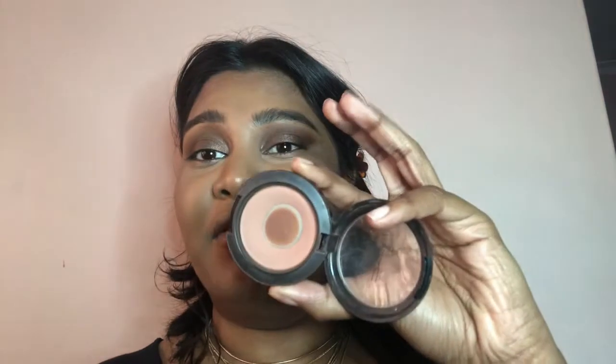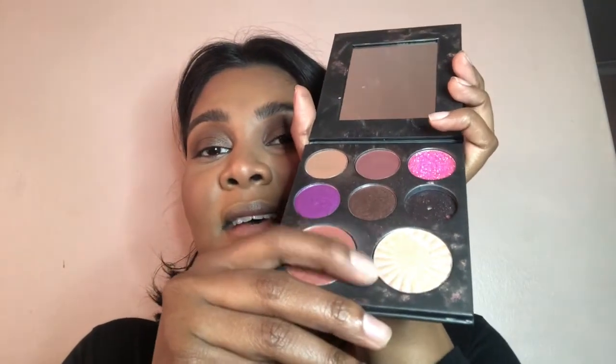So next I'm going to do blush, and I'm going to go with my all-time favorite blush, which is Gingerly from MAC. And yes, you can tell I love this blush. We are going to do highlighter. So yeah, I'm gonna use this. I'm scared to let it, but yeah, so this one, it's Ofra Rodeo Drive, and it's